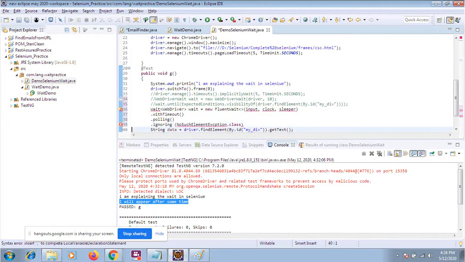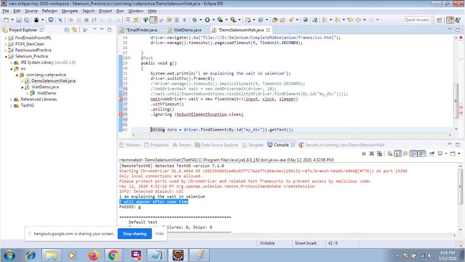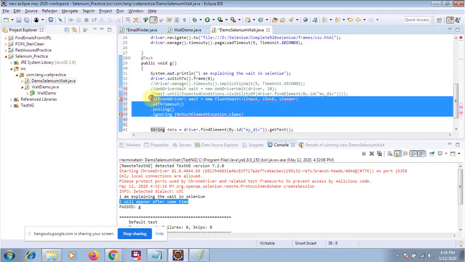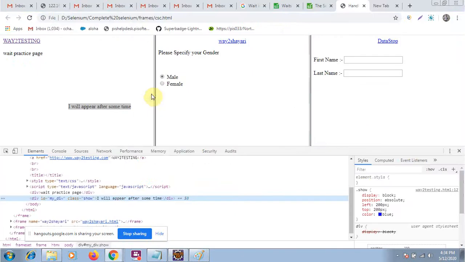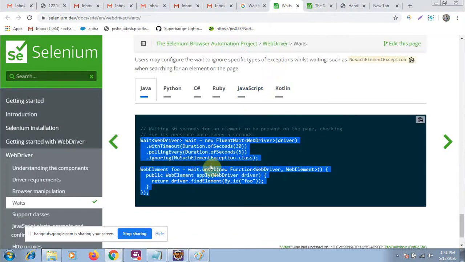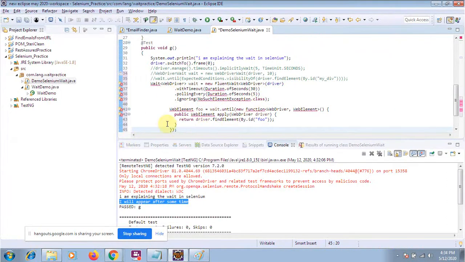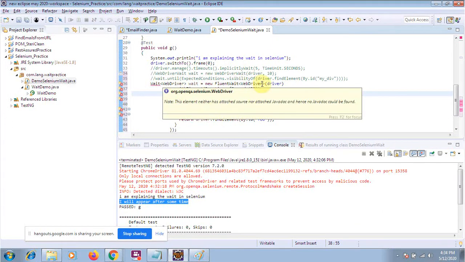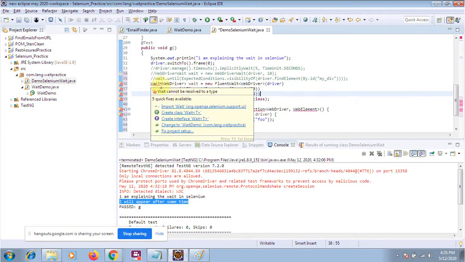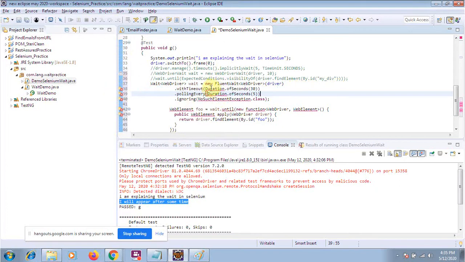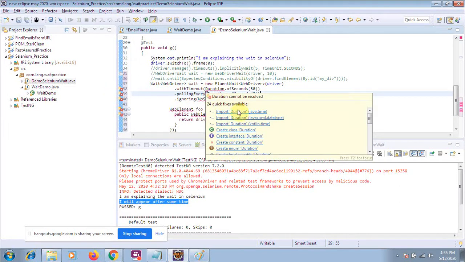After that I will create a function, and then we will call our element. So for the time being I'm just copying it from the Selenium website, and I will explain it to you. As I go here, you can see this one. So let me copy this one. Now you can also do the same thing. Now let's see. It's a WebDriver wait, FluentWait driver, this one. Now import this wait. Always remember, as I told you, it's inside the Selenium support UI package. Now duration of seconds.